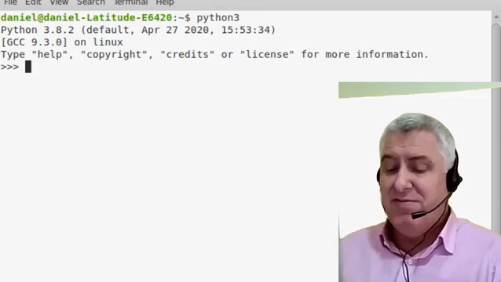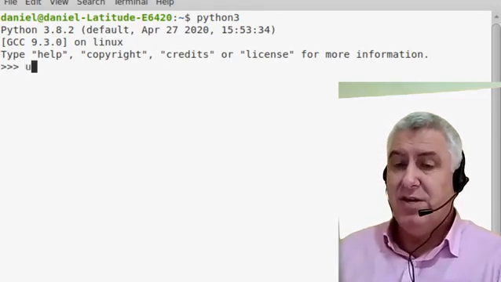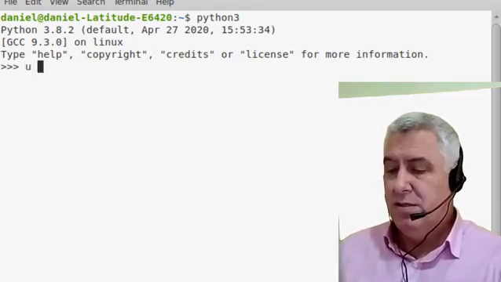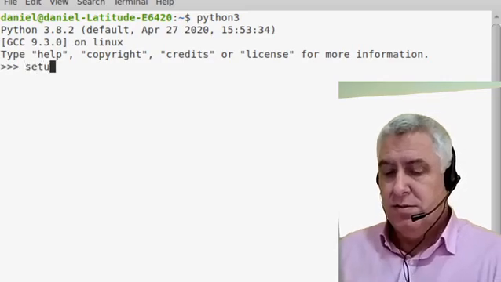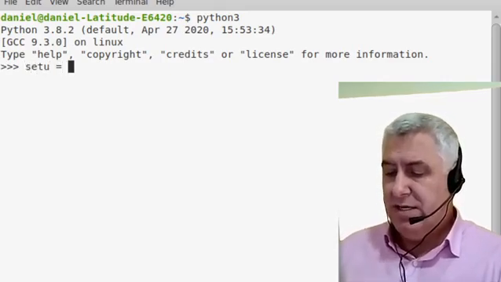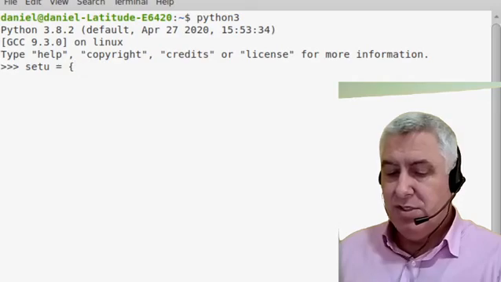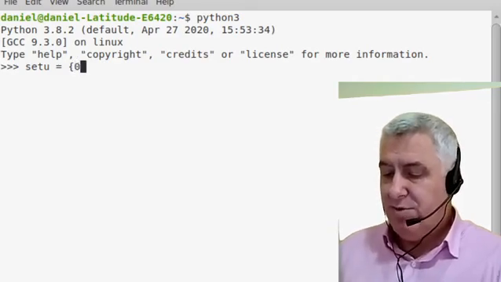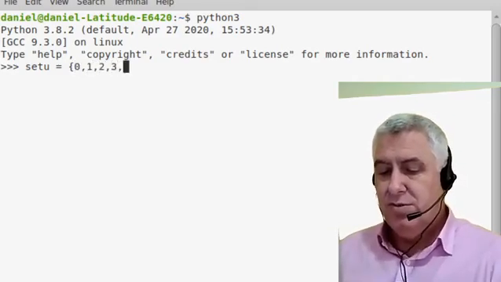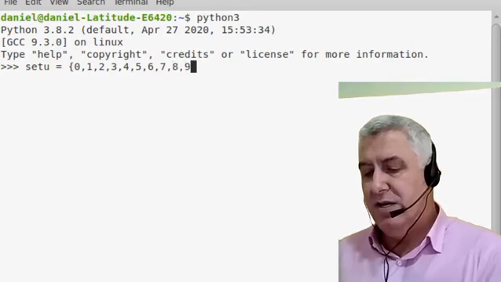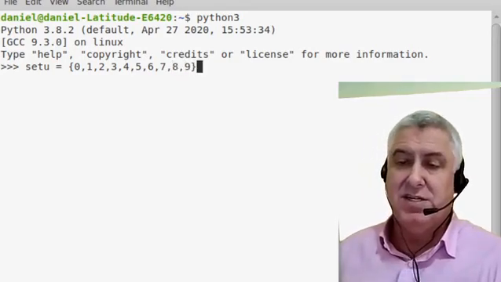But we can define the universal set. So if we define the universal set, again, just like the example we had previously, as 0, 1, 2, 3, 4, 5, 6, 7, 8, 9, the single digits, okay,